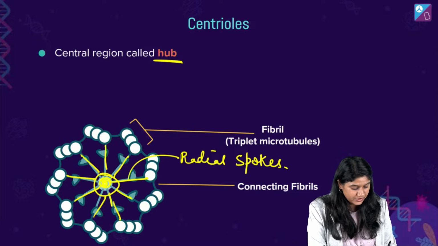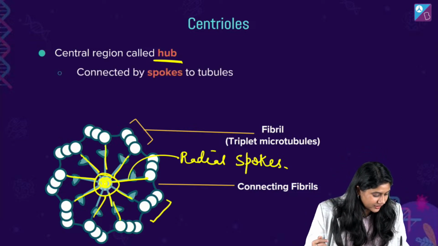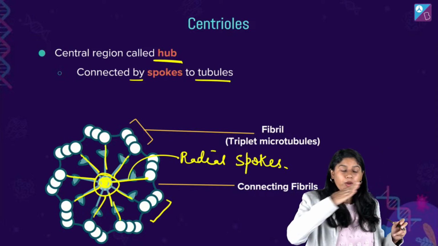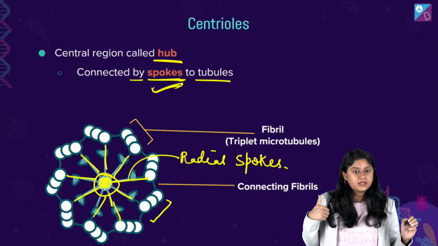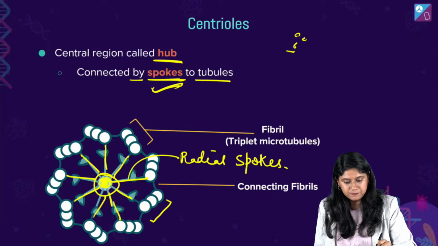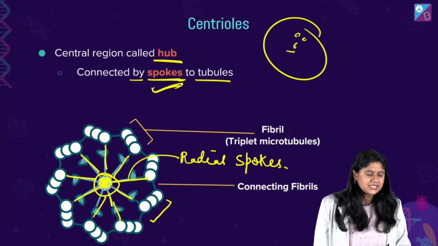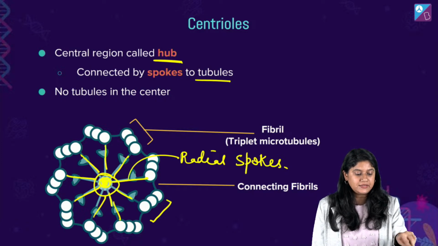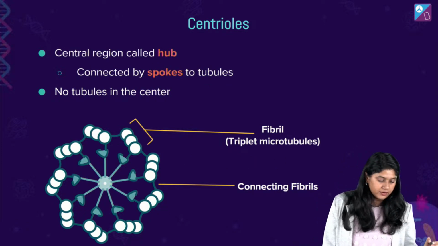Okay, चलिए. So this is a very important thing again. So we can see that they are connected, right? They are connected. Hub जो है वो इन tubules के साथ में कैसे connect है? With this structure which is the radial spokes. Done? Easy है. Recall करना पड़ेगा बार बार. I know that it's a little bit difficult, but इसे याद करेंगे तो हो जाएगा. And of course there are no tubules in the center. Center में कोई भी हमारा ट्यूब्यूल नहीं है.